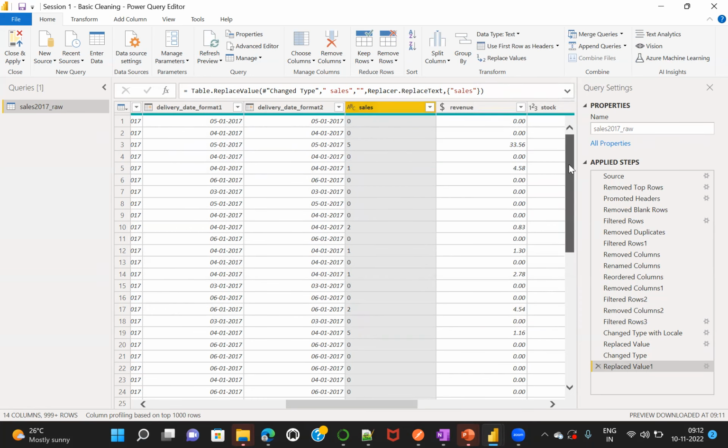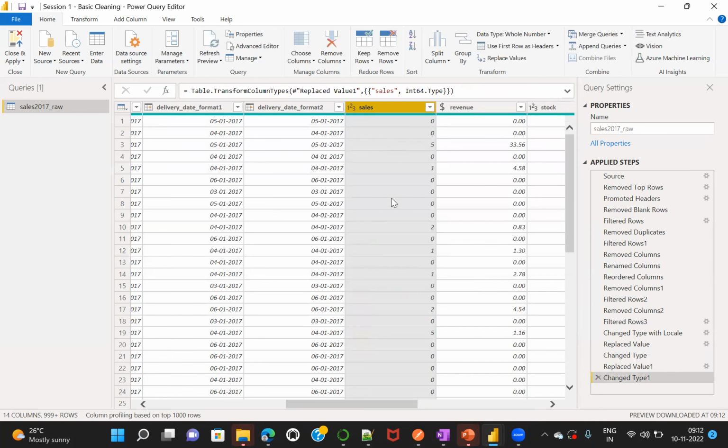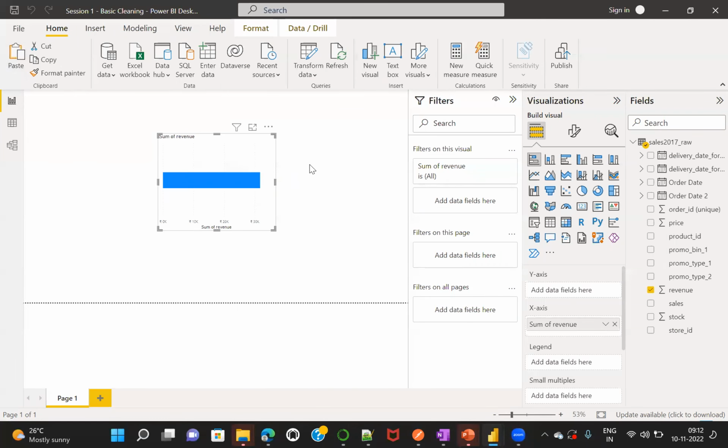So this is so easy, and it can be done. Now it can be easily changed to number type. So this is a whole number type, sales. So now we can use this in our visualization. Fine. If we just want to use the sales, number of sales,